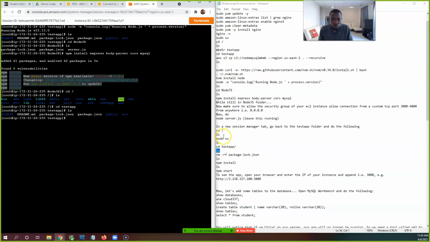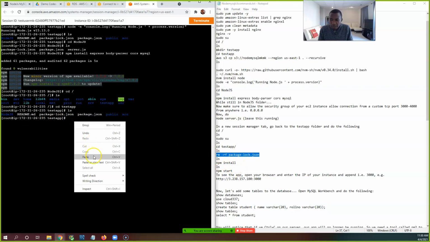Let's enter. What else? Okay, and then we need to do this rm -rf. Okay, remove that package-lock.json. If you don't do this, it may not work. Okay, so when you get new Node.js code from online, from anywhere, and it has this package-lock.json file, I recommend you remove this file and recreate it. Okay, and of course this code will help you recreate it and all that. Okay, so go ahead and paste that. Paste,